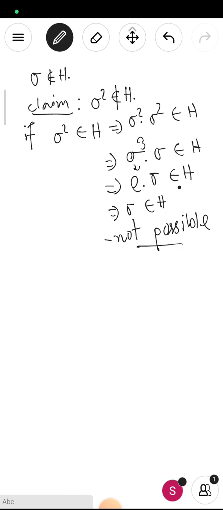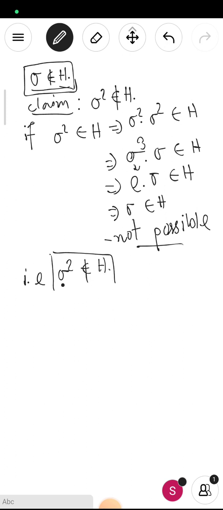Not possible, because we already assumed that sigma doesn't belong to H, but we see here sigma belongs to H, which is not possible. Okay, so our claim is true, that is, sigma square doesn't belong to H. Okay, now see that